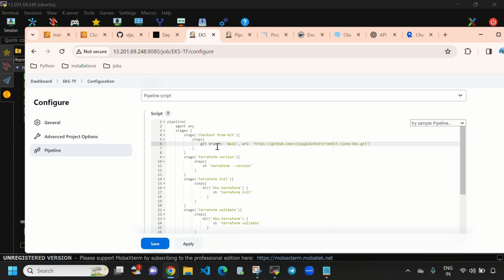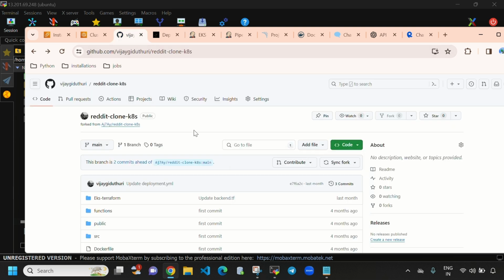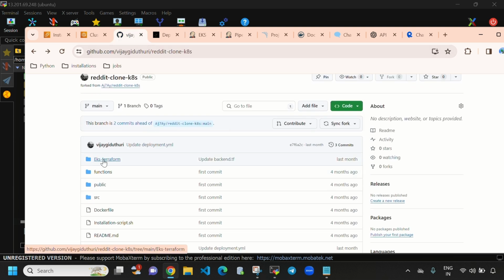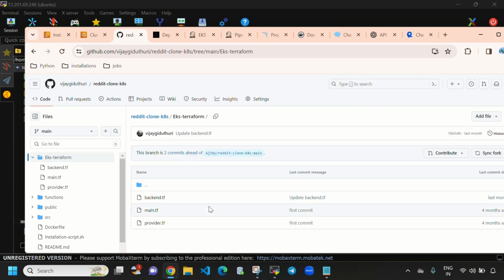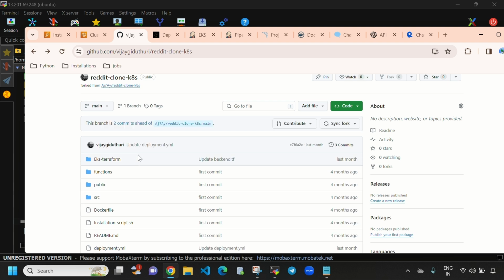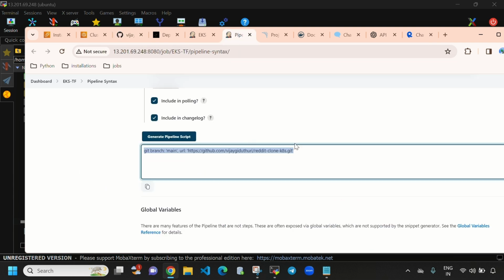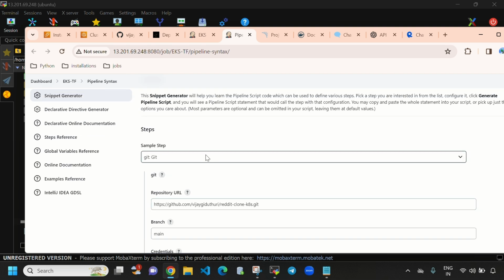And here you can see previously we installed Terraform, so it will check the Terraform version by using terraform -fn version. And here you can see, guys, dir means directory. Let's go to this repository. In this repository we have files in the directory EKS-Terraform. In this directory I had the files to create the EKS cluster. So to generate this, directly copy this, guys, and come to pipeline syntax, and here search for